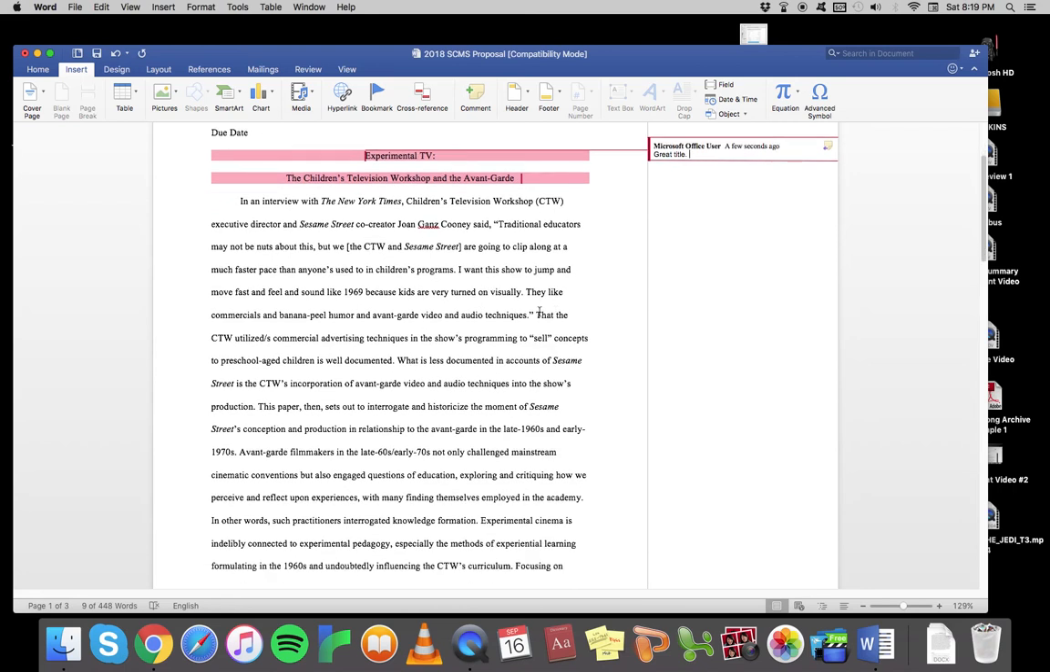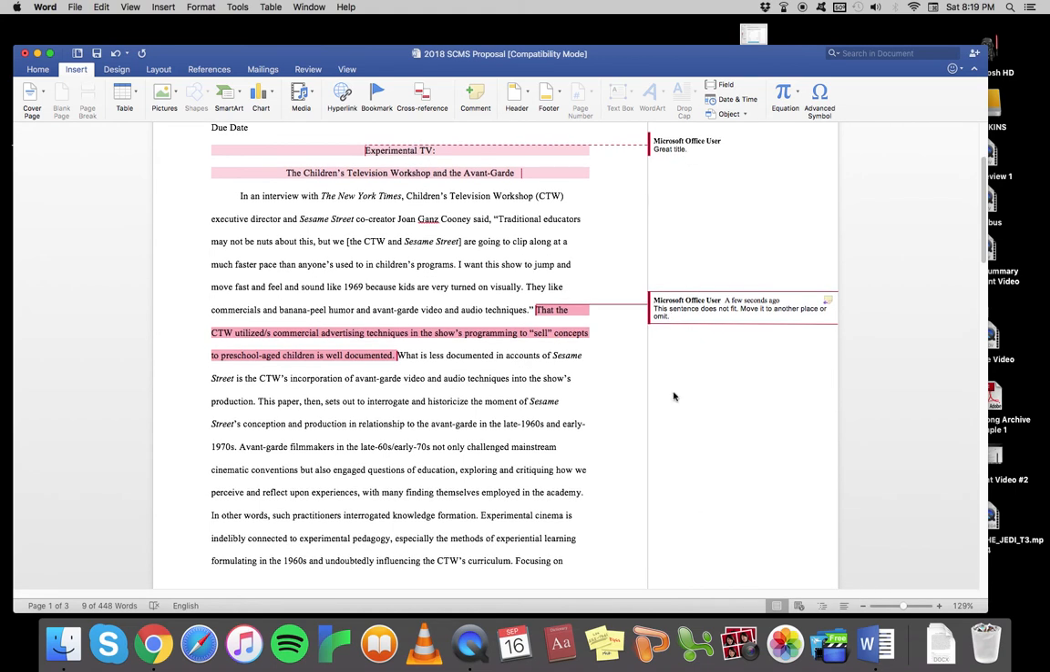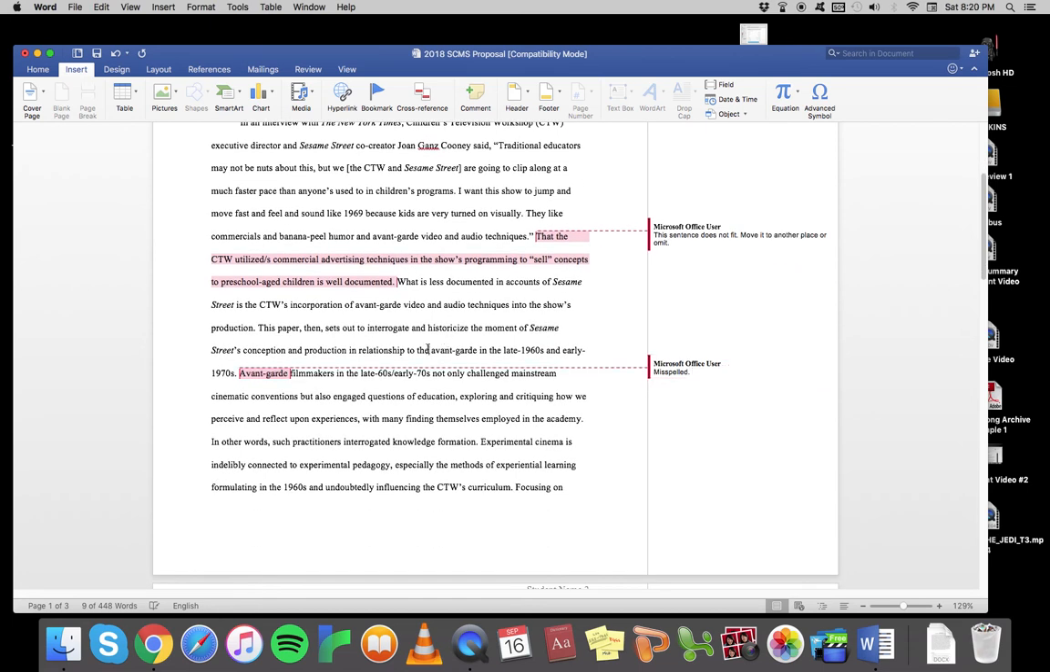Let's say something's just not right. The sentence doesn't fit. So highlight it. This sentence does not fit. Move it to another place or omit. All right. So you can leave praise. You can leave some corrections. Same thing here. It's not misspelled, but let's just say it is misspelled,